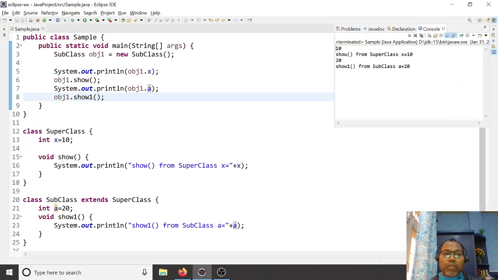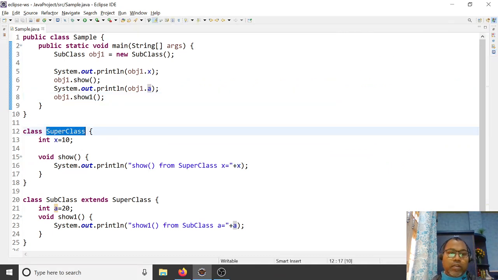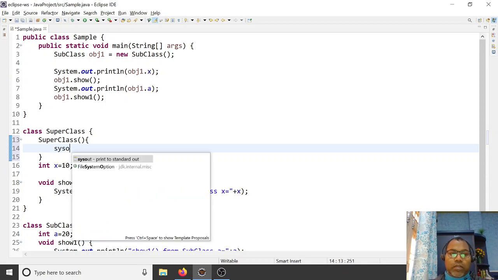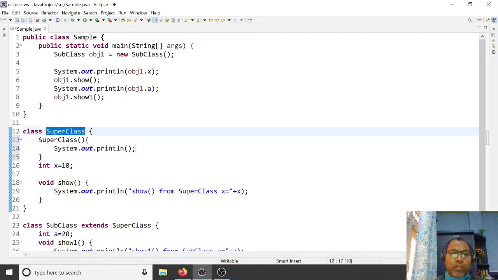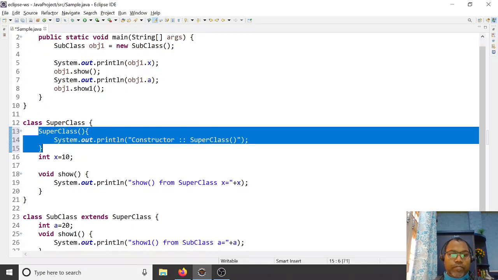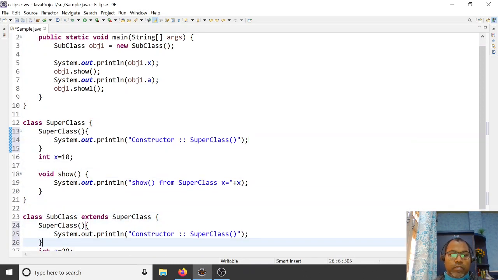So let's take an example. A constructor is a special method which has the same name as the class. Here is the superclass constructor, and here is the subclass constructor.